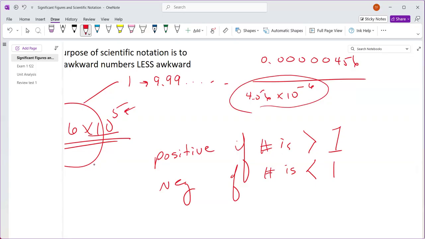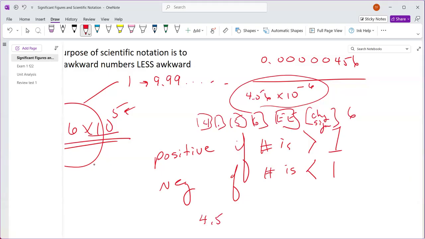I'm going to go 4.56 EE, change sign because it's negative 6. That is the best way to put it in your calculator if your calculator has EE. If it doesn't have EE, the way you put it in is